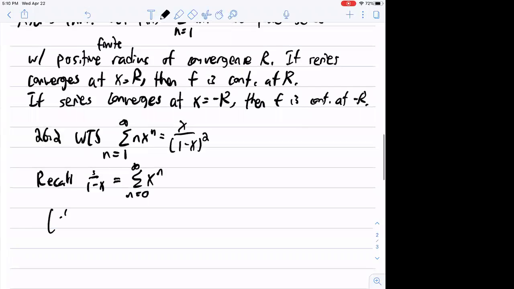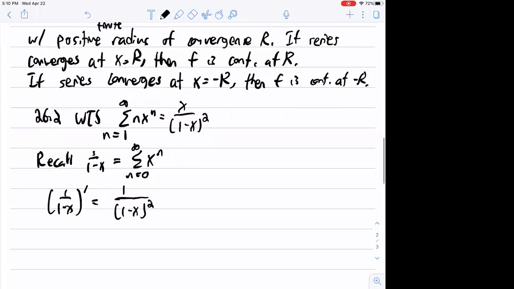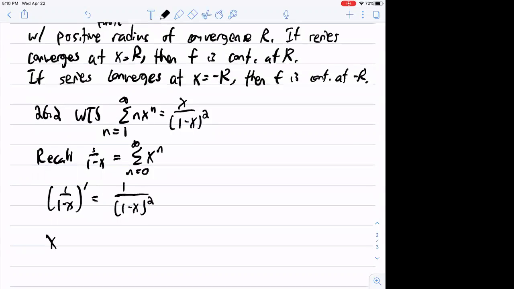So what is the derivative now? If you calculate the derivative, you will get 1 over 1 minus x squared. Agree? Quotient rule. But we want x times that, so let's multiply by x. So we get x times (1 over 1 minus x)' is x over 1 minus x squared,